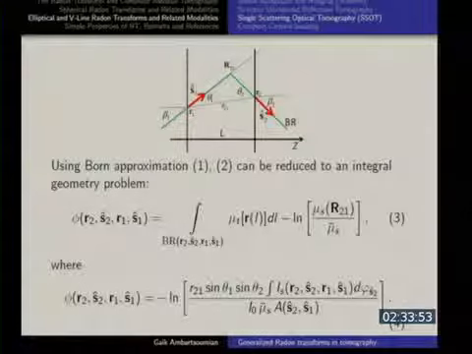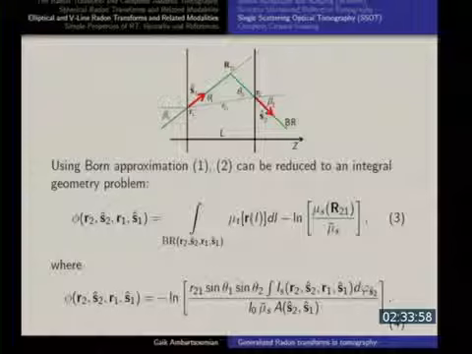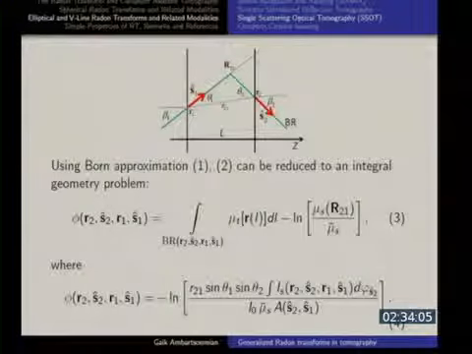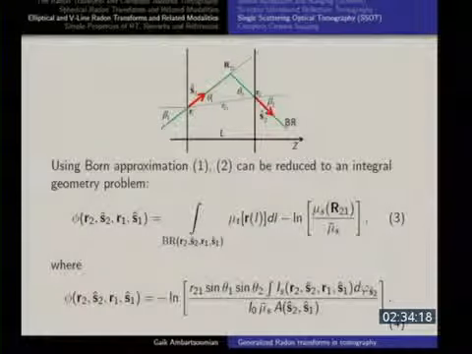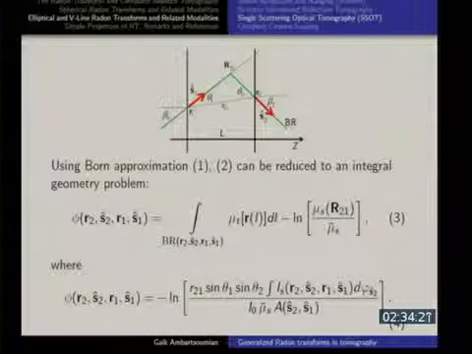Mu t is attenuation. Attenuation coefficient is a sum of absorption and scattering. So a portion of this is known. It's a sum. So basically, you can think of this as being mu a. This is something that I'm looking for. And scattering, I'm assuming I know. So I know this. And for all practical purposes, you can assume that it's mu a, the absorption. So by knowing this and this, what I know is I know the integrals of the function that I'm interested in along the trajectory. BR stands for broken ray.